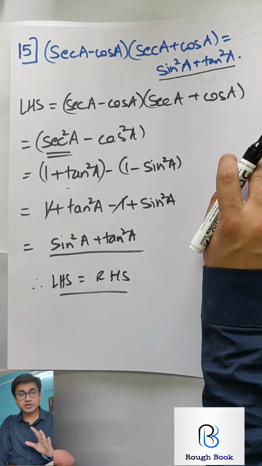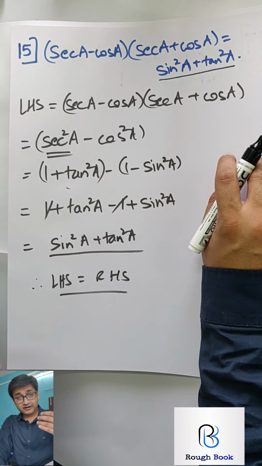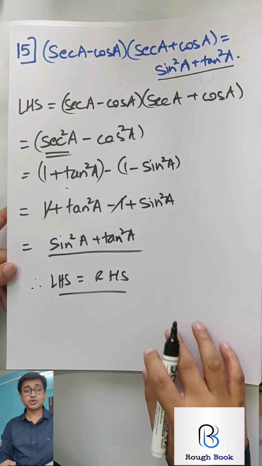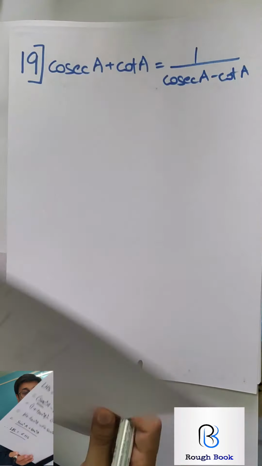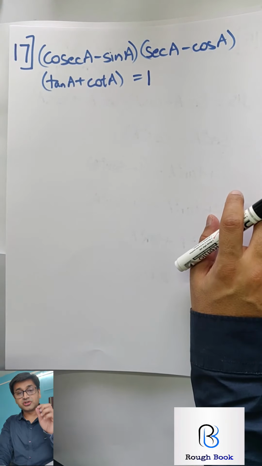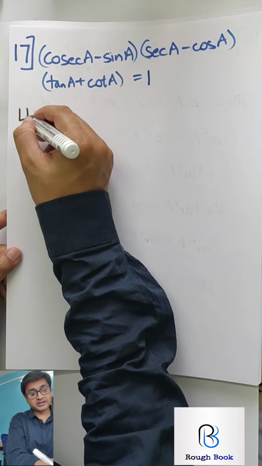There could be different methods of solving trigonometry. You could have converted this into primary ratios, then worked upon it and still managed to reach here, but lengthy method. So you have to find out what are easier methods, and for easier methods the best thing is your square ratios. Square ratios are your trump. If you know them well, you are sorted. So let's take the next one.